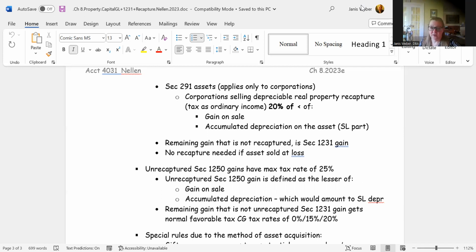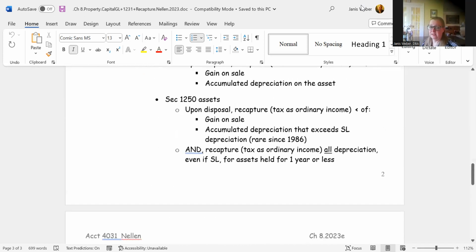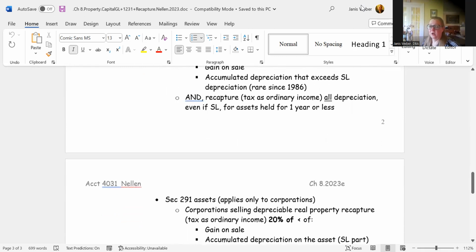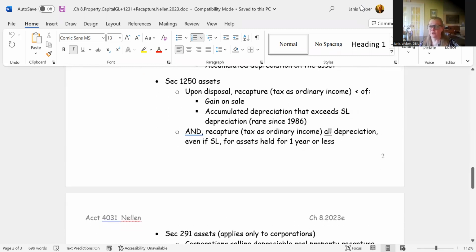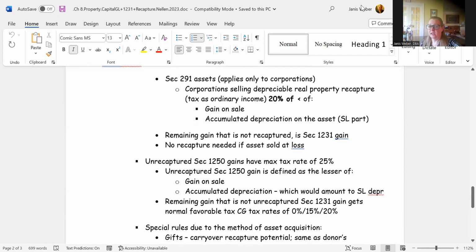And so then, of course, the first calculation for 1250 is still in place, meaning on the real estate, you still had to recapture anything that was over straight line rates. And then after you get to that point, add 20% of the ordinary depreciation, even the straight line. Okay, and then any remaining gain that is not recaptured can be treated then as 1231 gain, meaning if it exceeds that original cost, just the same as 1250 when it exceeded 1245 when it exceeded the cost,